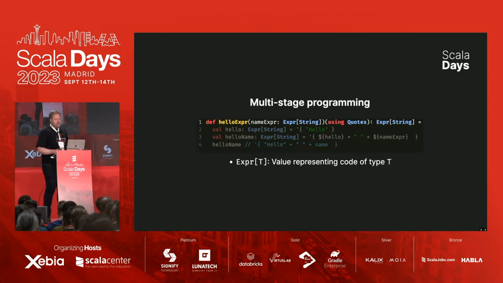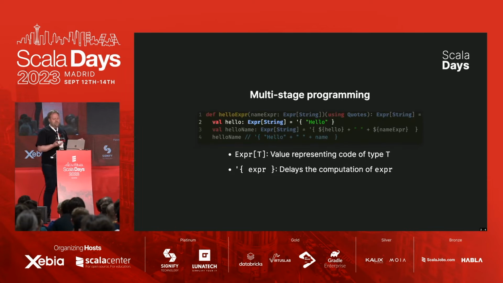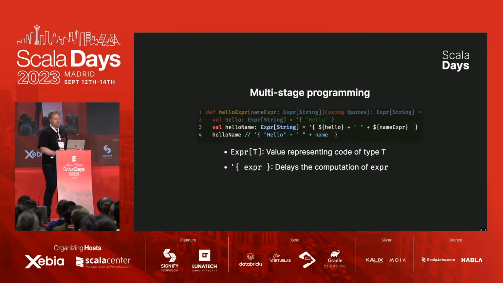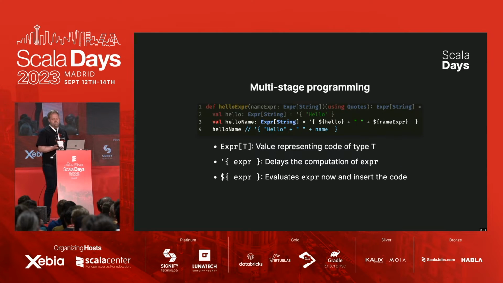We also need to know a bit about multi-stage programming. The idea here is that we want to represent code as values in the program. Here an Expr of String represents code that will evaluate to something of type String. We can create expressions using quotes. This quoted block will just delay whatever code is inside of it to be evaluated later. We can also compose them using splices, with the same notation that we use for string interpolators